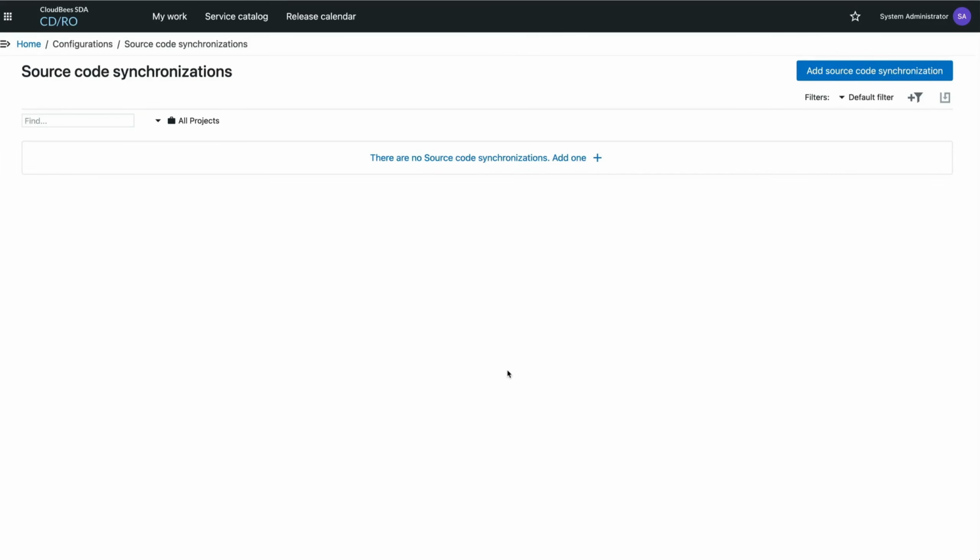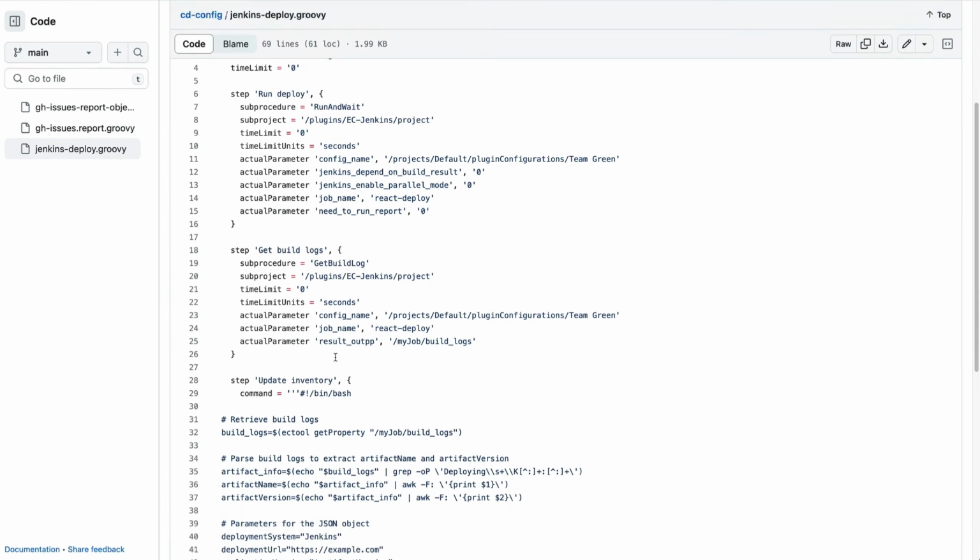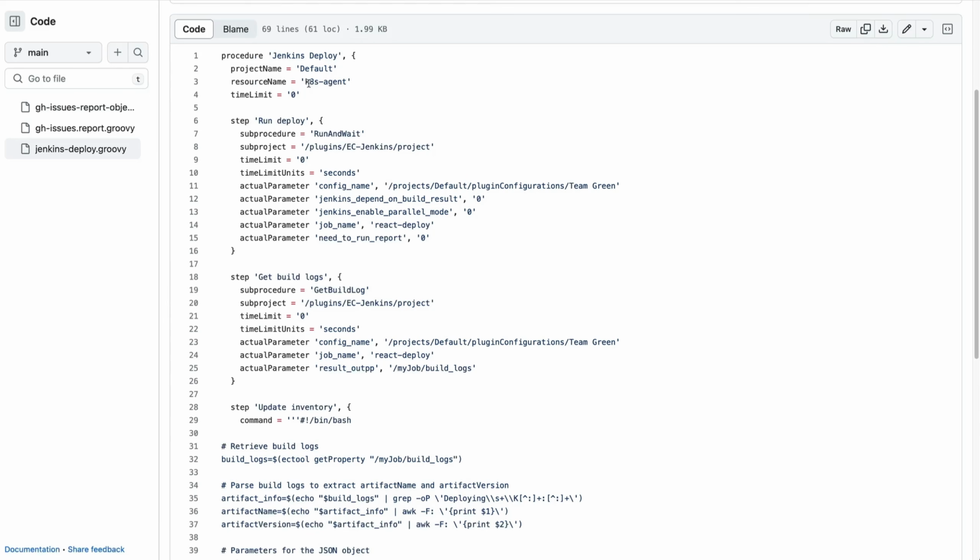In this video, we're going to take a look at source code synchronization in CloudBees CD. So in CD, we have the concept of DSL. We have both Groovy and YAML, where you can define the different objects and resources that you want as code. And so this source code synchronization allows us to have a code-first approach where you can make changes inside